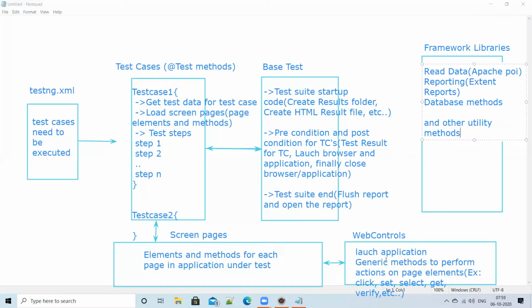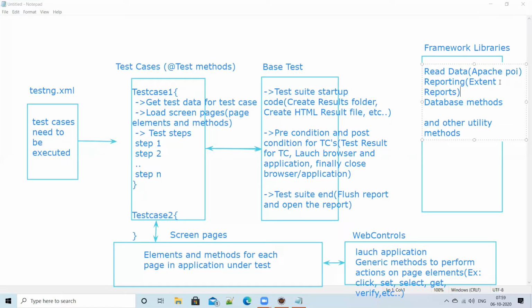But web controls are for web applications only. These other things are not only for web applications, but for any type of application, any type of framework, any automation tool, if you are using Java. So these utility or framework related things are common for any framework. That's why they are called framework libraries.